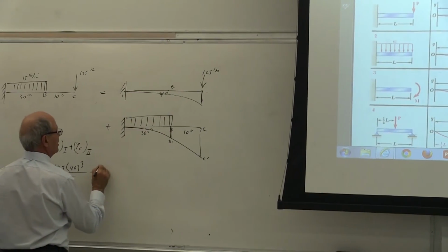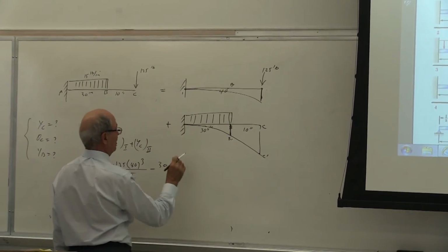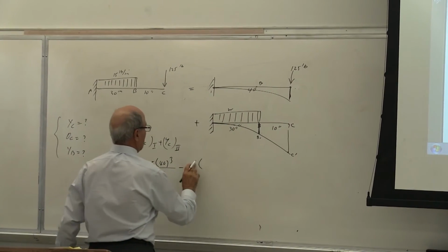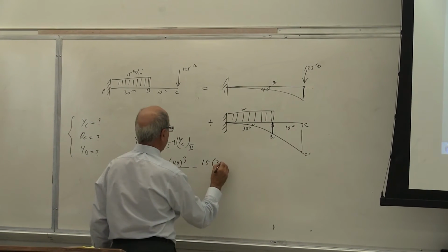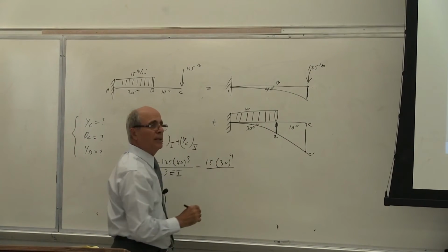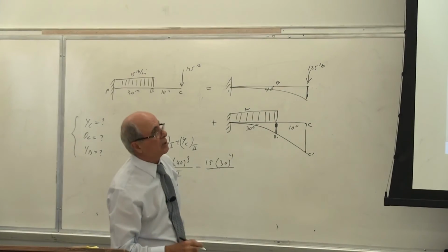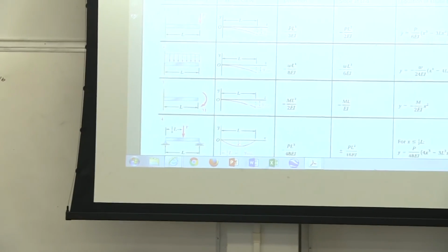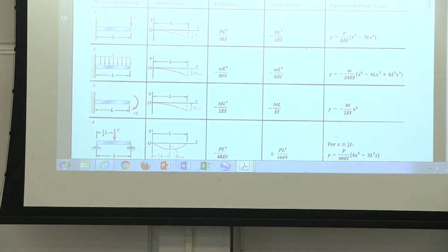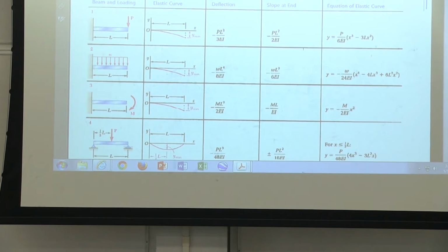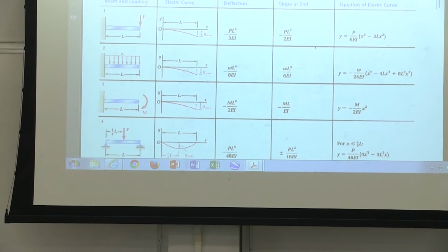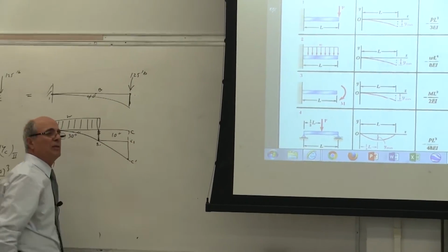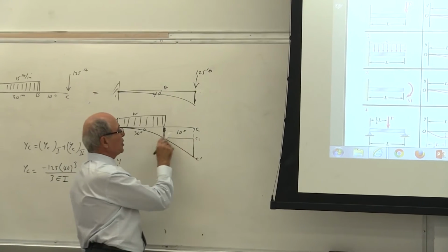So I get minus 30 inch times minus W. W is how much? W was 15. Minus 15, length 30 to the power of 4 divided by 48 EI. Yes or no? Is that correct? Or 8 EI? 8 EI. Okay, 8 EI. Is that what I want? No, that's part of it. That portion is equal to that portion. So that is, let's say, C1. C1 is already given. I need that, but this is a geometry.